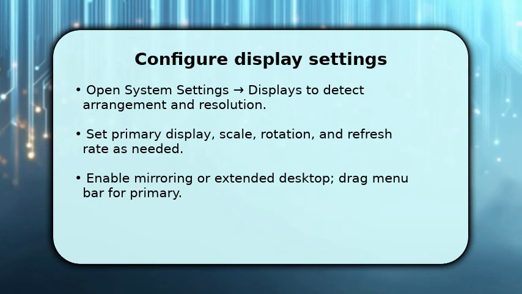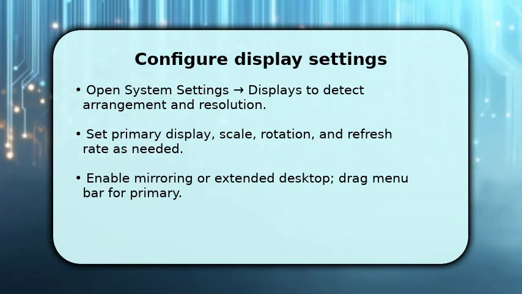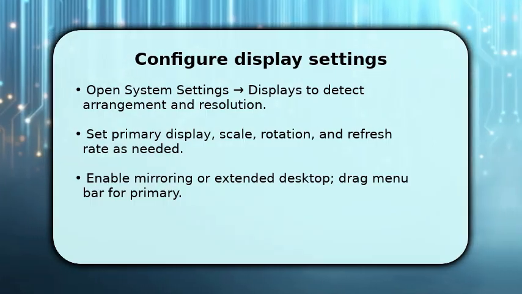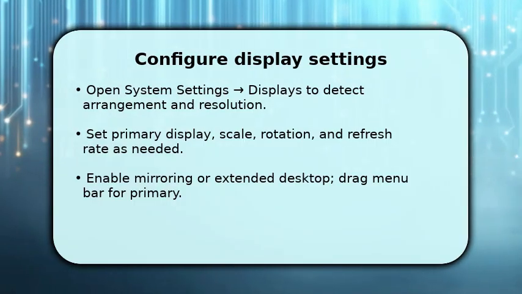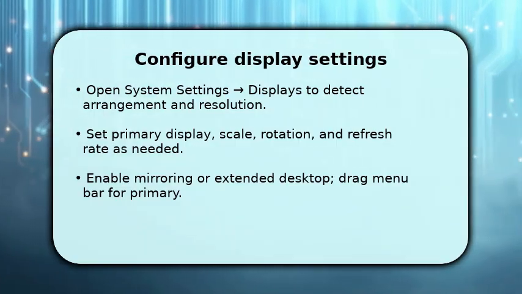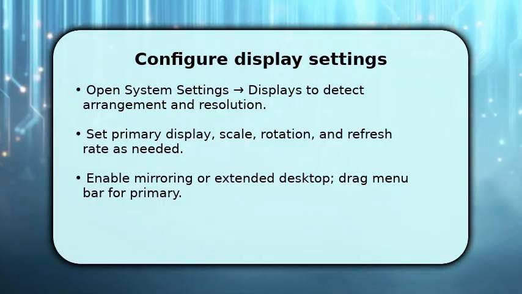After the physical connection, you move to System Settings and open Displays so macOS can detect the monitor. Press Detect Displays if it doesn't appear automatically. You should then set Arrangement, dragging the blue boxes to match positions, and select the resolution and refresh rate that